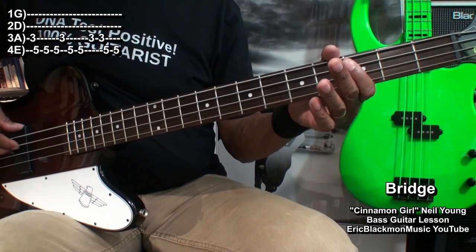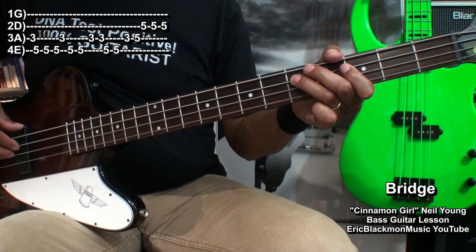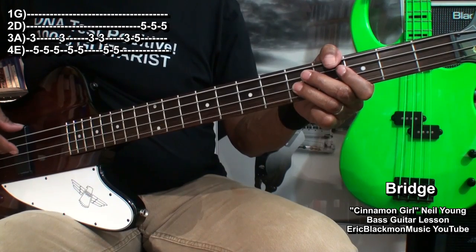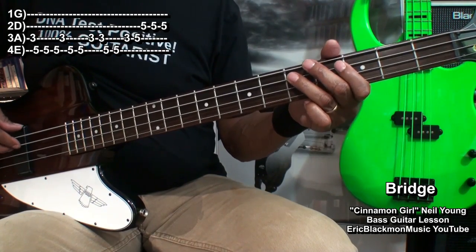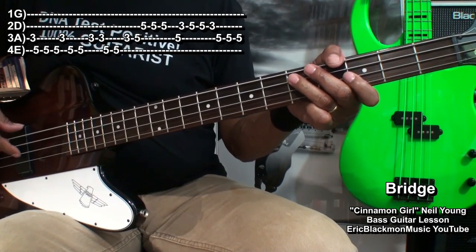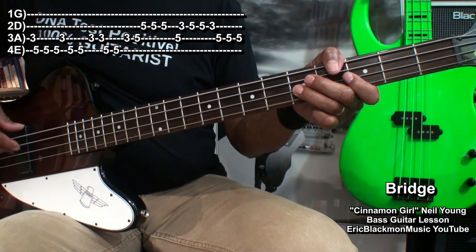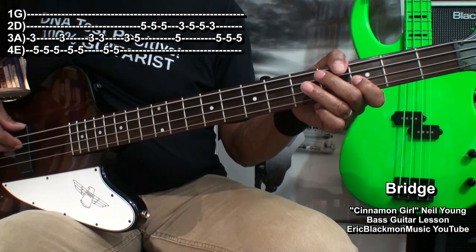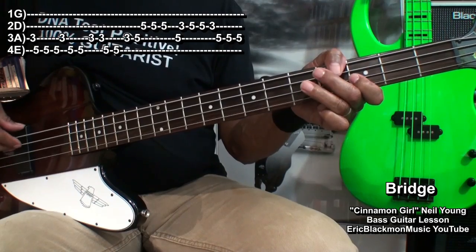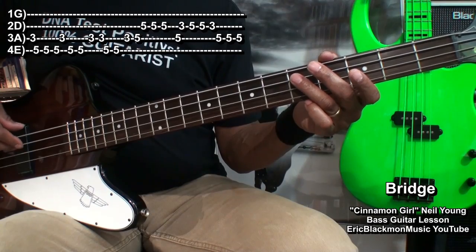Then we'll go to fret 3 on the A string to fret 5. Then to the D string, fret 5 3 times. Then we'll go to fret 5 on the A string, fret 3 on the D string, to fret 5 twice, back to fret 3, which is like that. Then we'll play fret 5 on the A string 3 times,